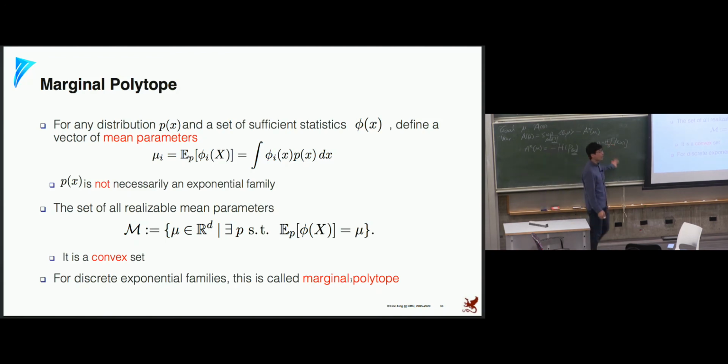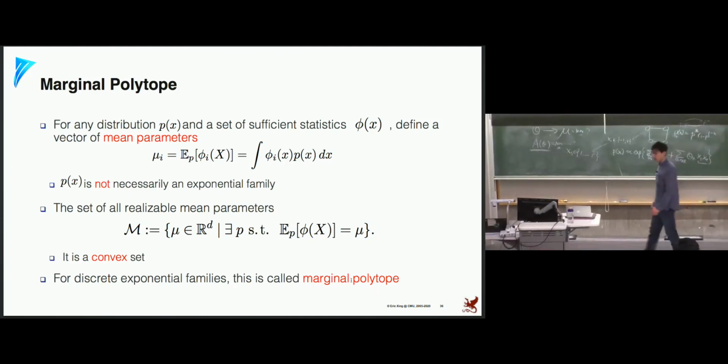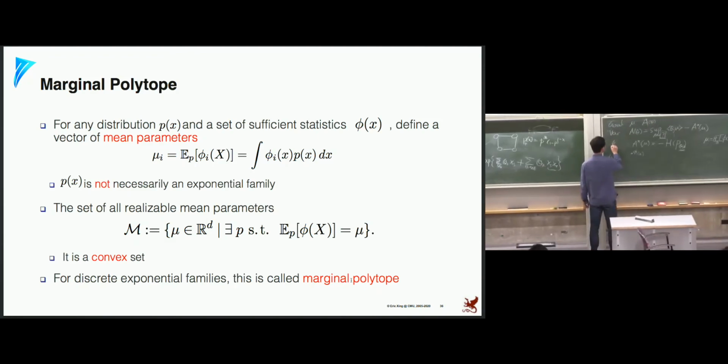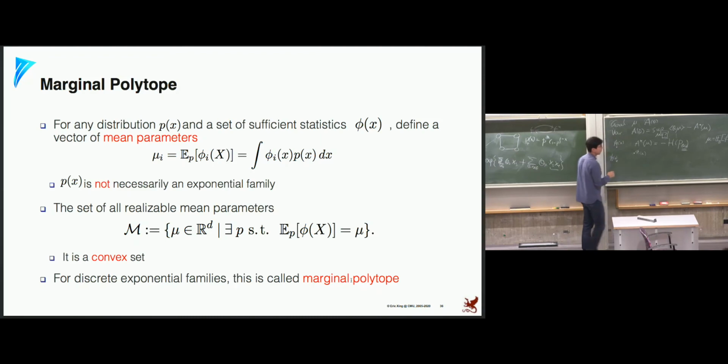But if you expand this expectation, it's just going to be a bunch of weighted averages of phi functions. And we know a weighted average of a bunch of terms forms a convex hull. So let's say this is our phi 1 of x, this is our phi 2 of x, this is our phi 3 of x. Then what are the sets of mu's that are represented by this? It's just going to be everything in here. It's the weighted average of all these 3 points. That's what's represented in the top right.